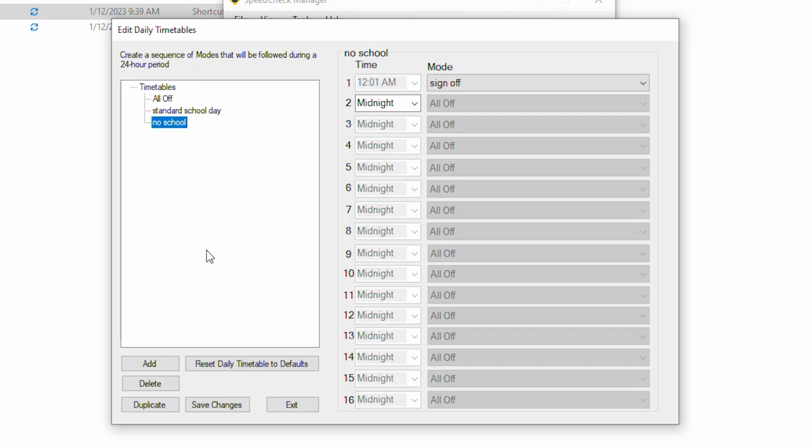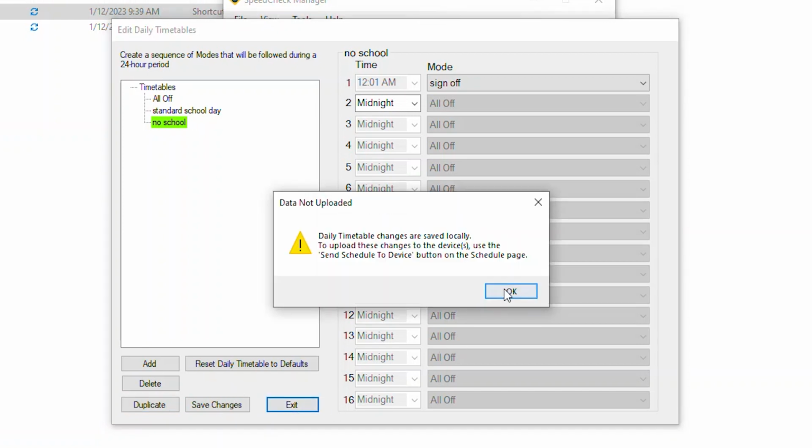Now you'll want to set up one of these timetables for half days, for late starts, any kind of day that differs from your typical schedule that you know you're going to have that is built into your schedule but is not a typical week. Anything that's a different day from another day, really. Once you've done all those, you click Save Changes and you exit, same as before.